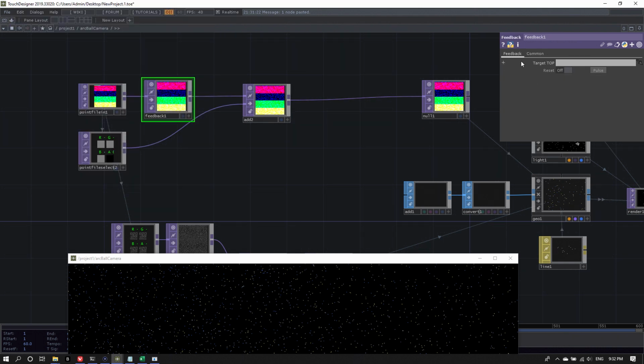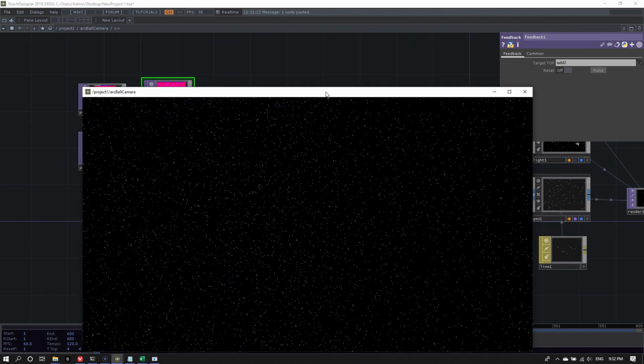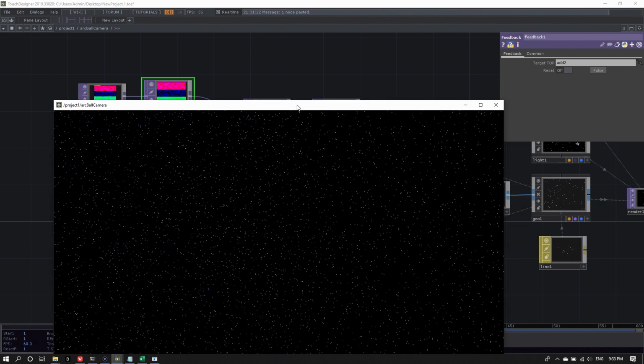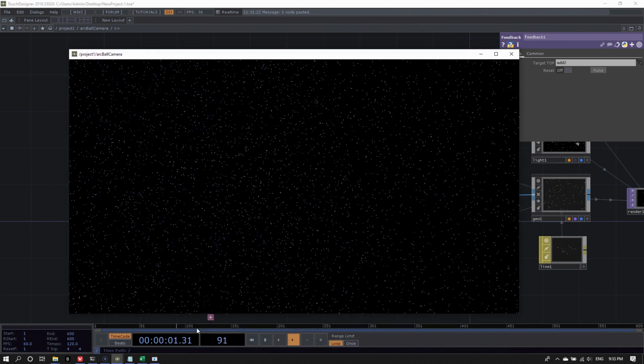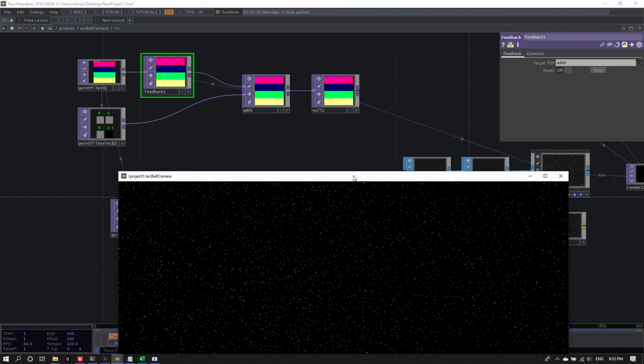So between the point file in and the add top, let's add a feedback. And the feedback needs a target top. And this is our add top here, which I can just drag onto the feedback, and it is connected. Now the star movement is really, really small. Every frame represents 1 year, and you don't see any movement there, which sounds about right, because for us, the sky doesn't really change that dramatically.